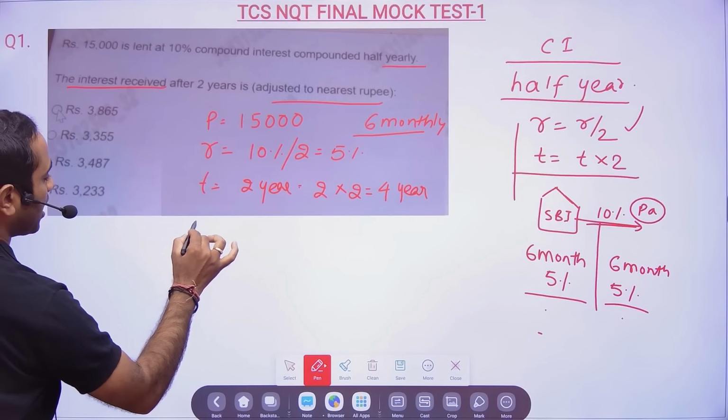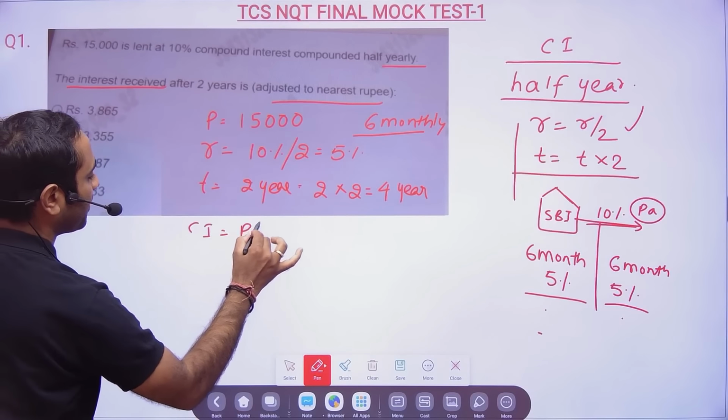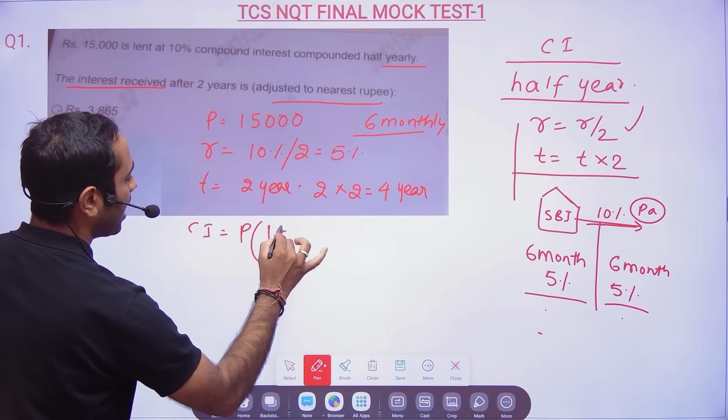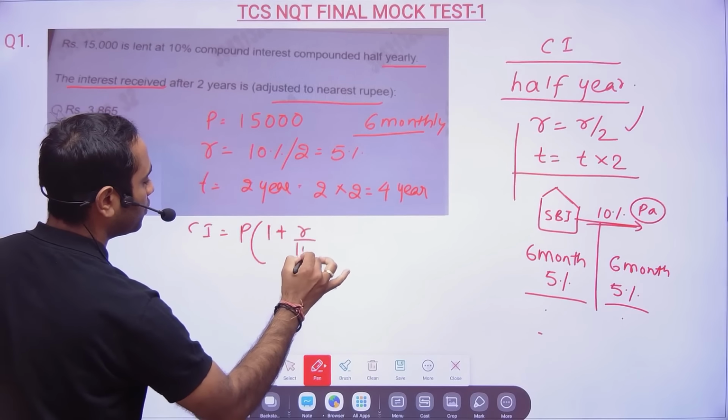Okay. So compound interest will be equal to principal into (1 plus R by 100) to the power n, minus P. Now what is your principal? Principal is 15,000 into (1 plus rate is 5